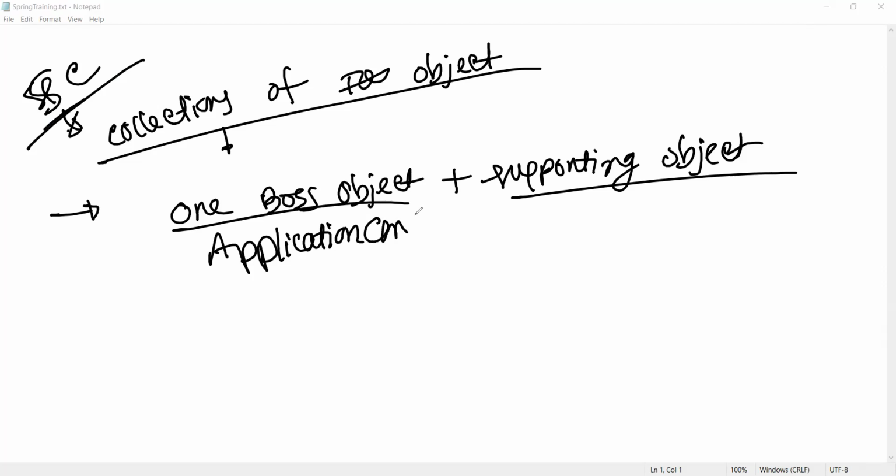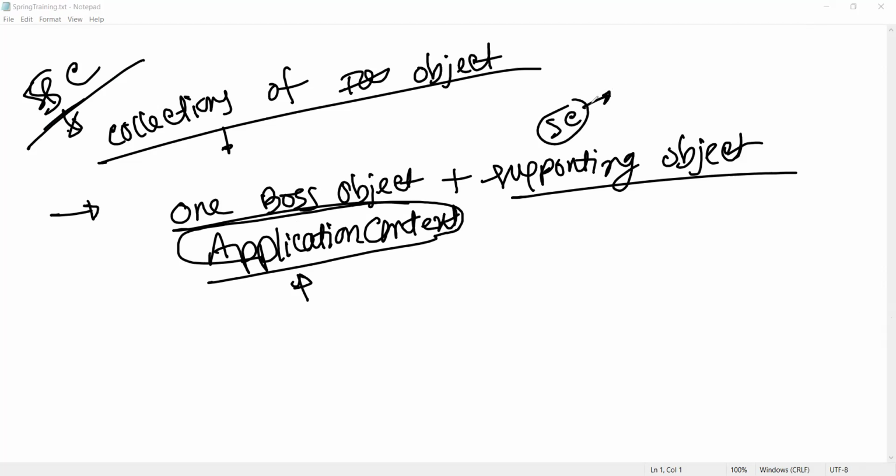Can you remember, previously I told you one interface name is application context? Spring container means a collection of classes and interfaces, and one special interface is application context.